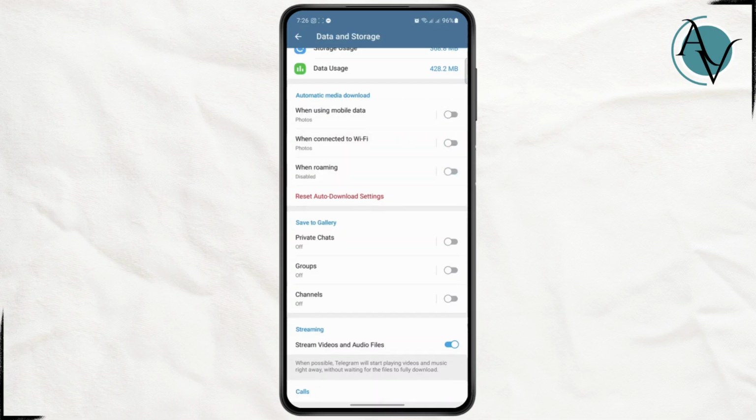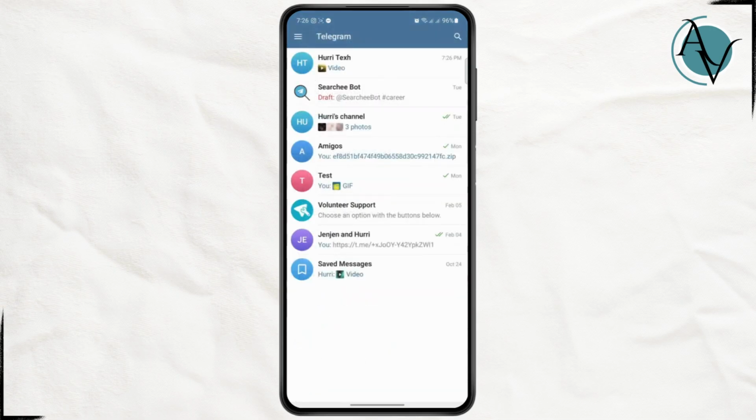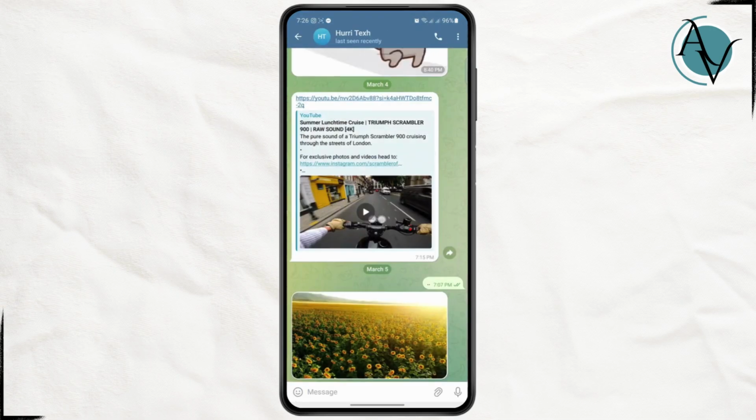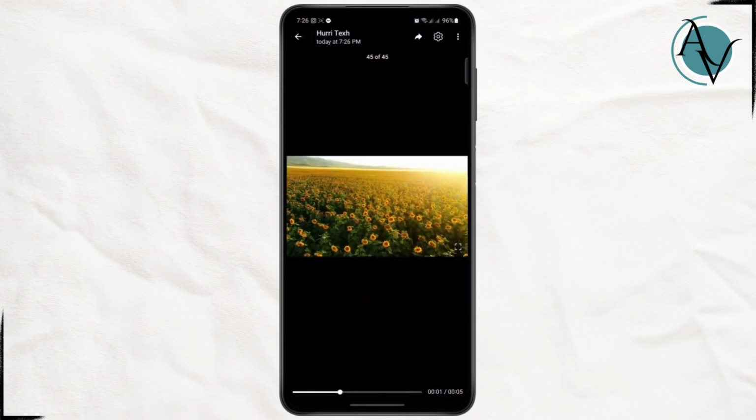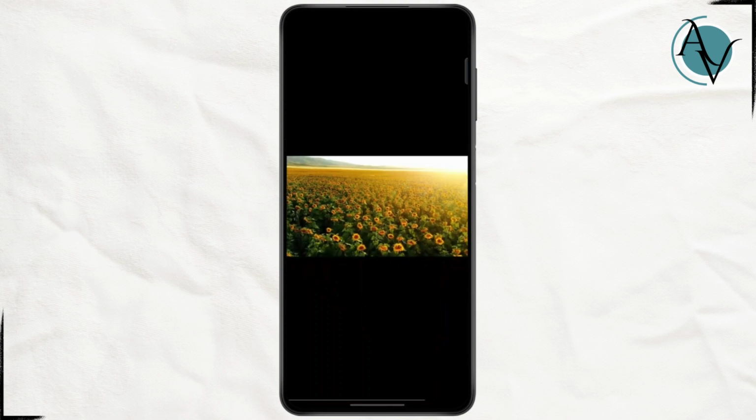And once you have done that, you could just go back and then tap on the video. So you could just tap on the video, and as you can see, the video will start playing automatically without